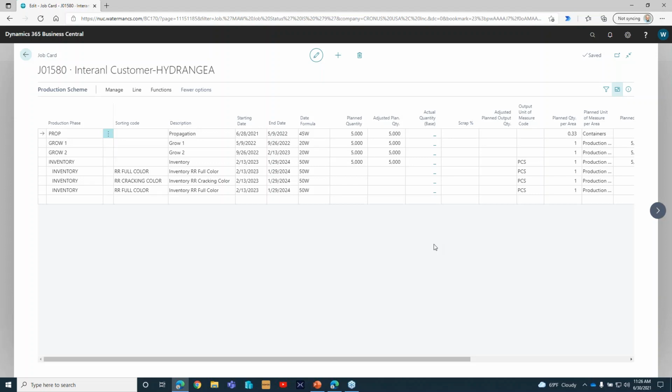So you can really start seeing what did we say we were going to do, and did we really do that? And it's not hard to get that information. The system just tracks it automatically. So still going over the top row here, I don't have a scrap percentage or anything, but look,